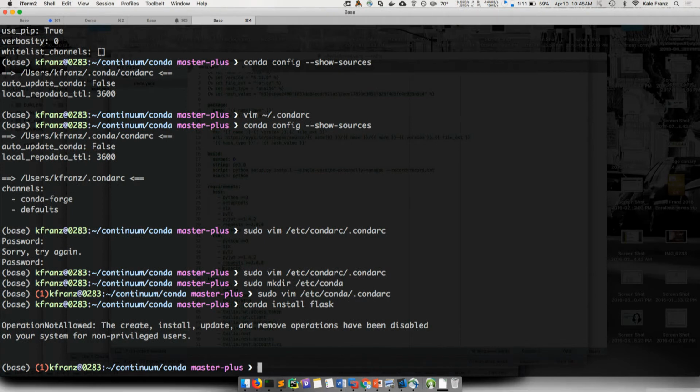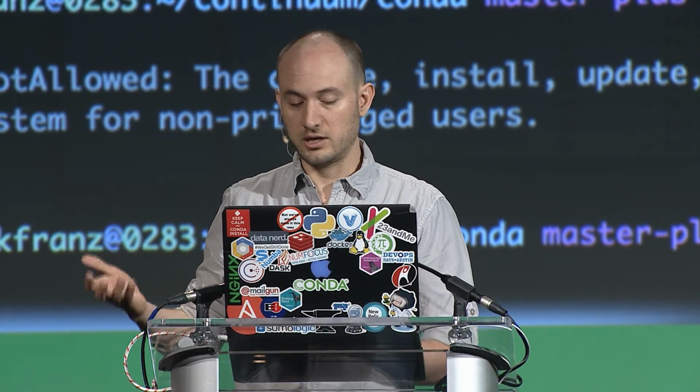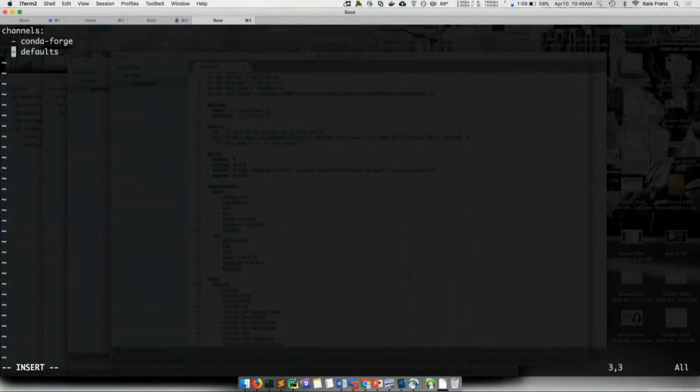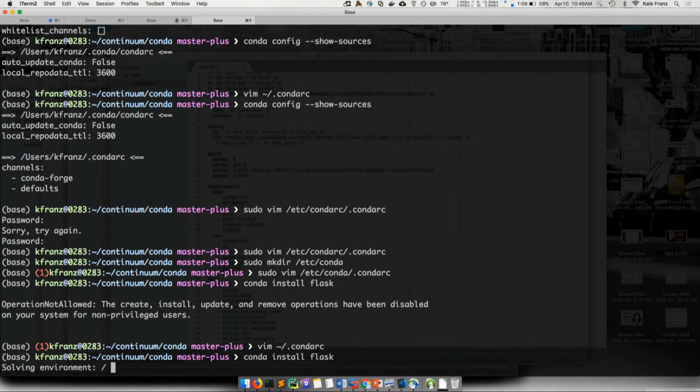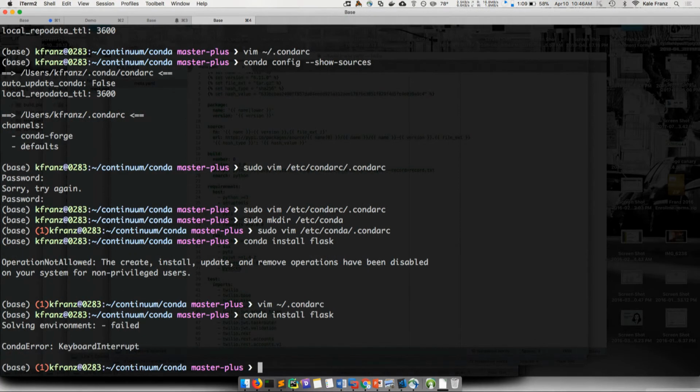What I can do is override that because of the way configuration information is handled. It basically cascades up, and the closest we are to the operating process, basically CLI flags, and then environment variables, and then there's a configuration file, a condarc that can go in a specific active environment. Basically, the closest we are, the higher priority it has, the higher precedence it has. So if I set non_admin_enabled in my user condarc, which is higher priority than the system one, then I can go ahead and my operational run will be just fine.